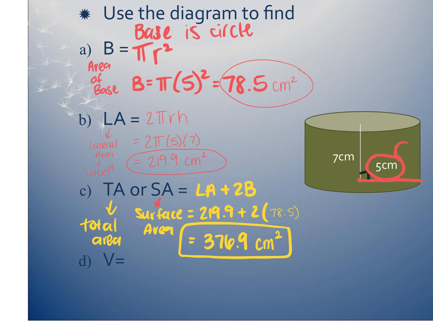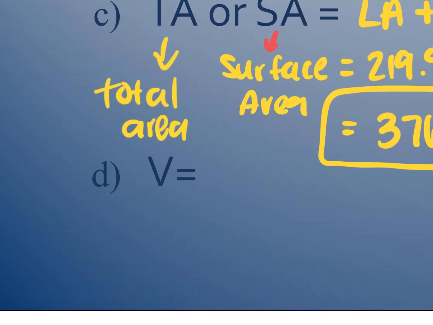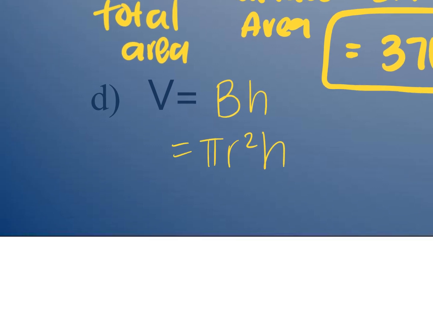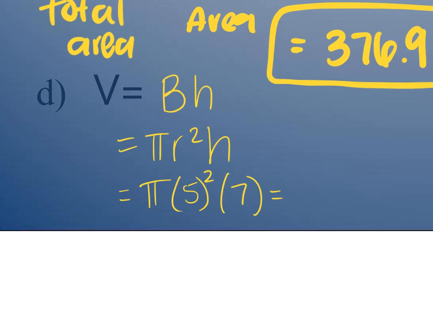Oh, no, this is a cylinder, okay? So remember, the volume formula for a cylinder is the area of your base times your height. And we already said our base was what shape? A circle. So the area of a circle is pi r squared times your height. So this is going to be pi times, we're going to replace the r with 5 because we knew our radius was 5. We're going to square it, and we're going to multiply it by the height, which was 7. So we're going to do pi times 25 times 7,